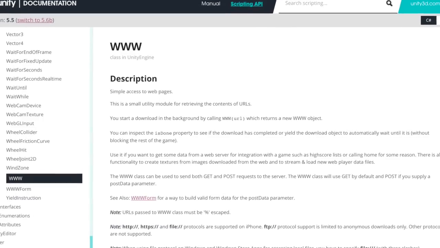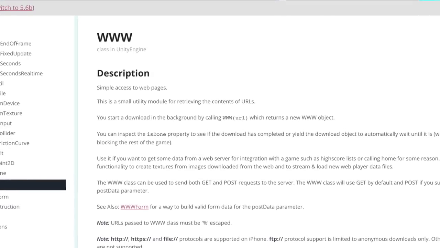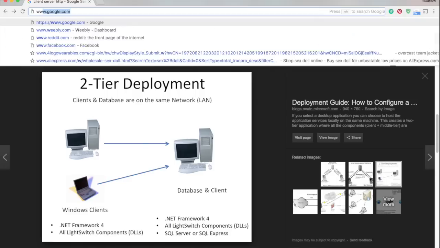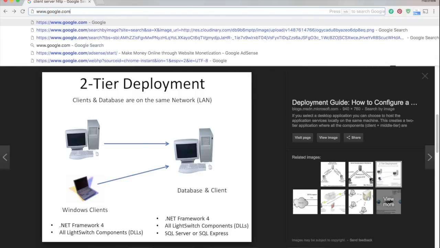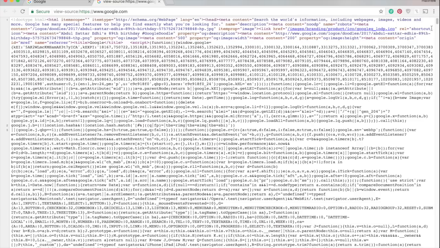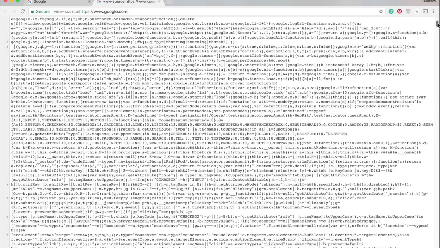So Unity's www class is the first step in doing this stuff because it allows you to make requests via HTTP to a server. When you visit a website, you are doing just this. You are typing in a URL into your browser and making an HTTP request to the server at that address. The web server returns you the HTML code that your browser uses to render the web page. To illustrate this further, let's make a request to